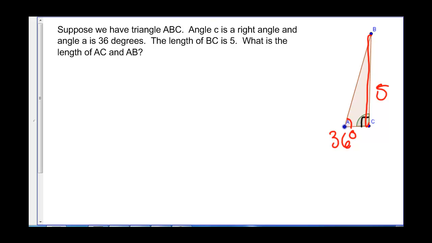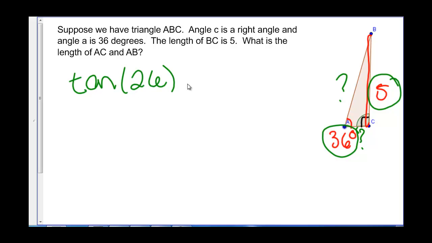So we want to know this length and this length. Well, we can use trigonometry. If we know the angle and one side, we can use any of the trigonometric ratios. So if we use, for example, tangent of 26 degrees equals the opposite side over the adjacent side,